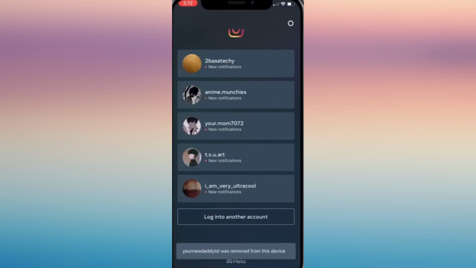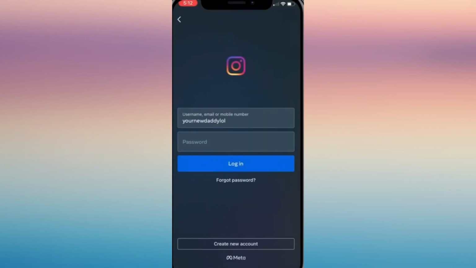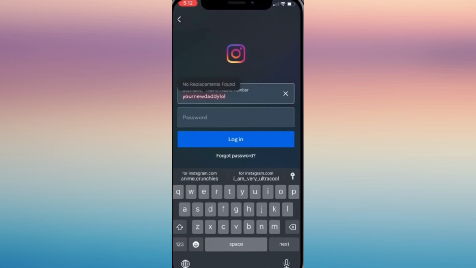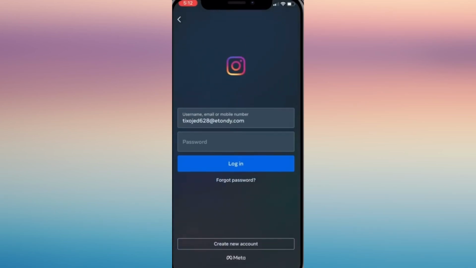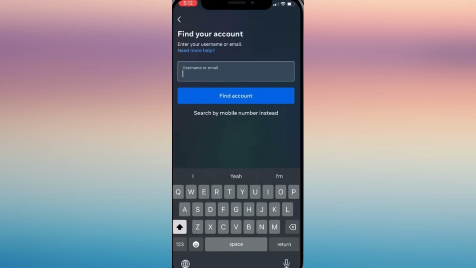Now, once you have removed that device, or you have removed that account from this device, you can now go and log a new account or enter a new account, wherein you have to write your username, email, or the mobile number that you have used. So in this case, I'm going to write the email that I have used on that account, and then click forgot password. Then to find your account, you can type in your username or your email, and then tap find